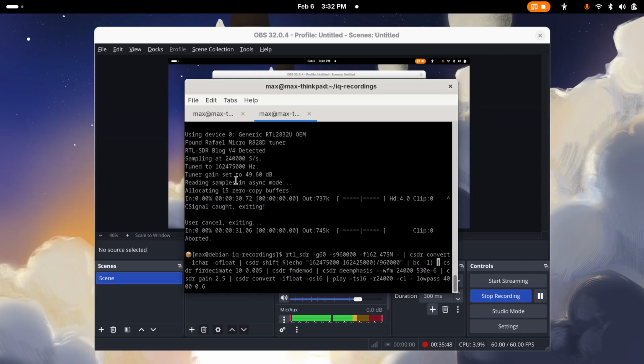So the full command for shift looks like this. csdr shift $(echo "161( (162475000-162425000)/960000" | bc -L) | csdr fir and then csdr firdecimate. You get the point. But if I press enter here